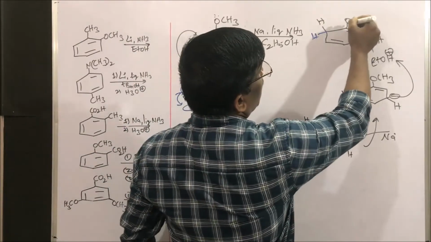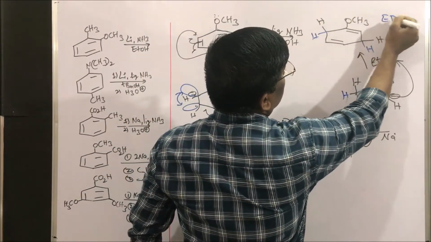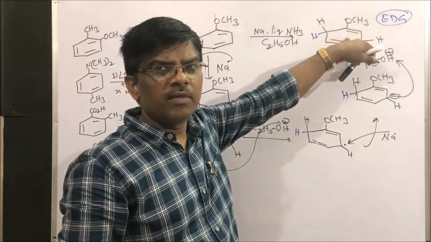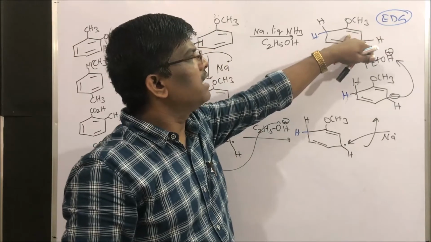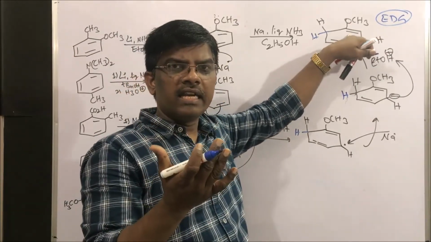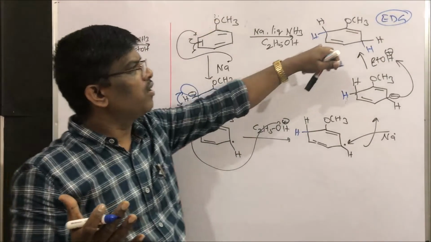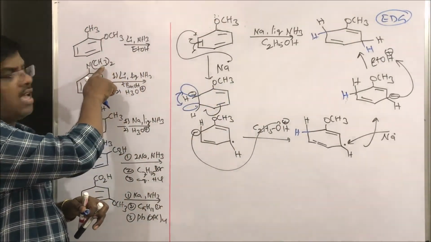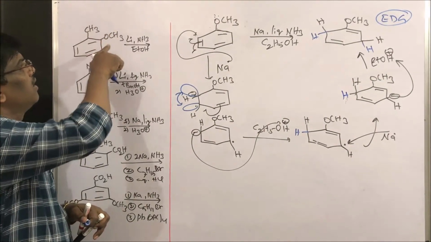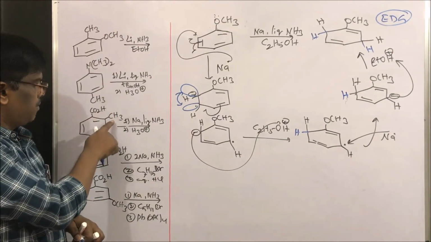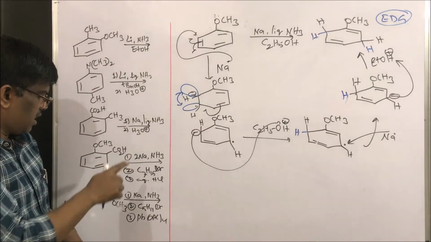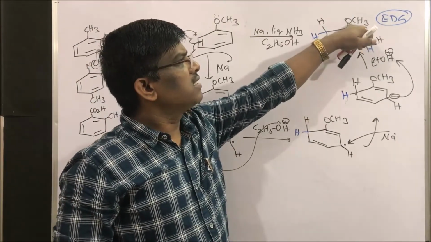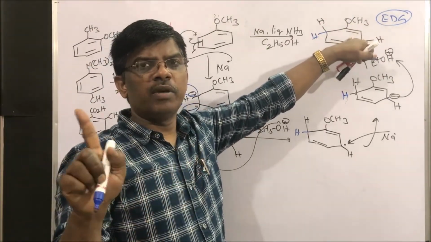Whenever you find an electron donating group, don't disturb the double bond at that place. The electron donating group is already electron rich, so it is not going to accept the incoming radical. For example, with N,N-dimethylaniline, methyl, or O-methoxy compounds, the double bond attached to them is not going to be reduced.